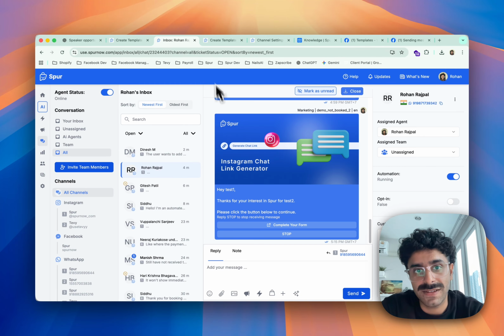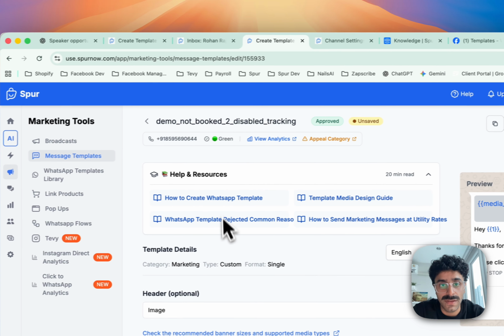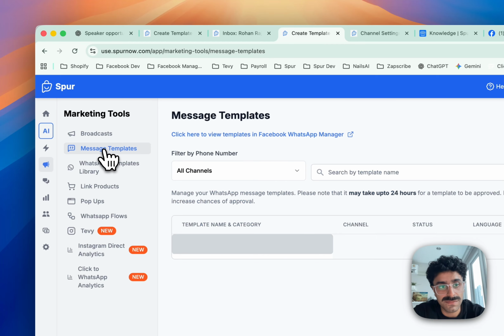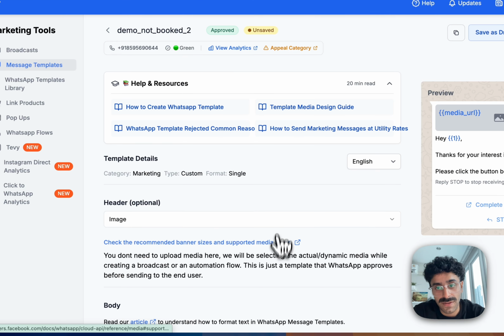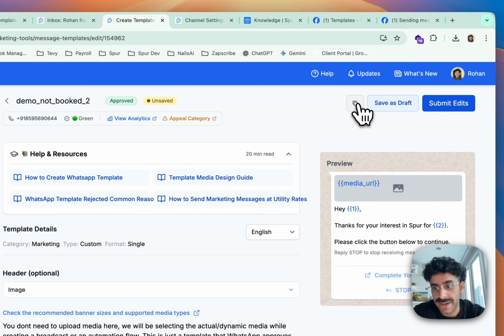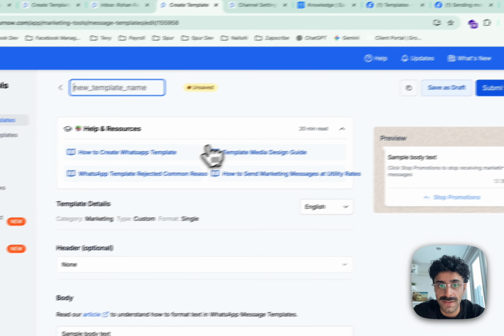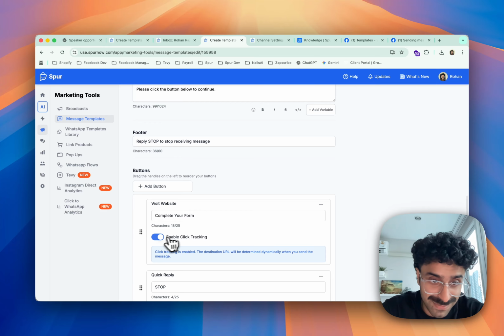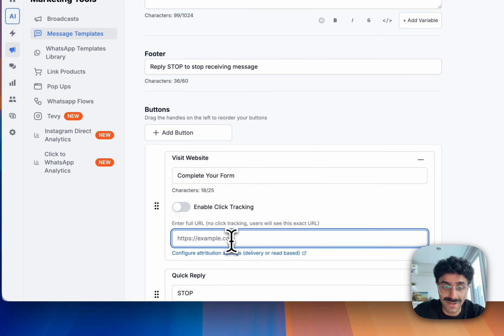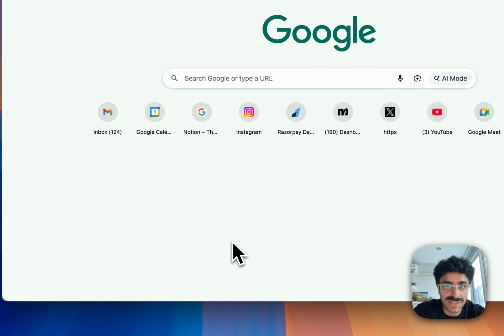How do we fix it? It's simple. You first of all just see which template you want to update. So here the template was demo notebook 2. Then I will head to marketing tools, message templates, and open this template. Now I will duplicate the template. As soon as it's duplicated, all you have to do is scroll down, disable the click tracking, use the URL that you want to send,